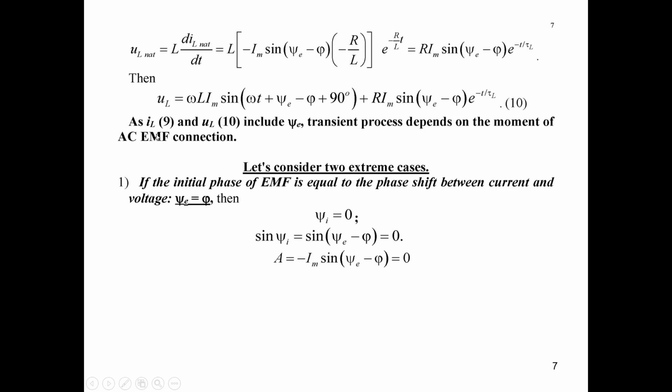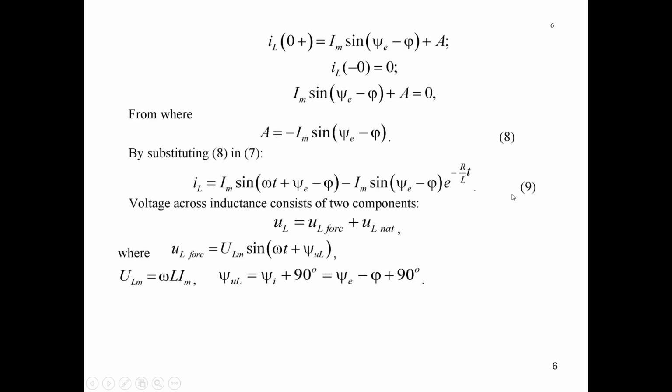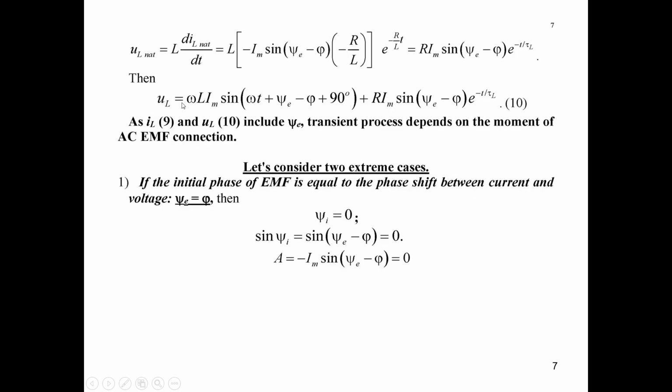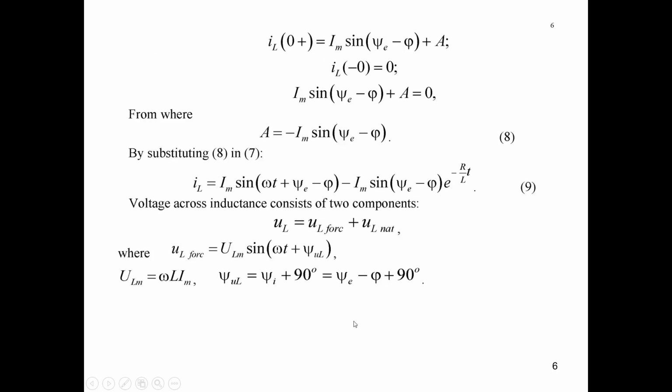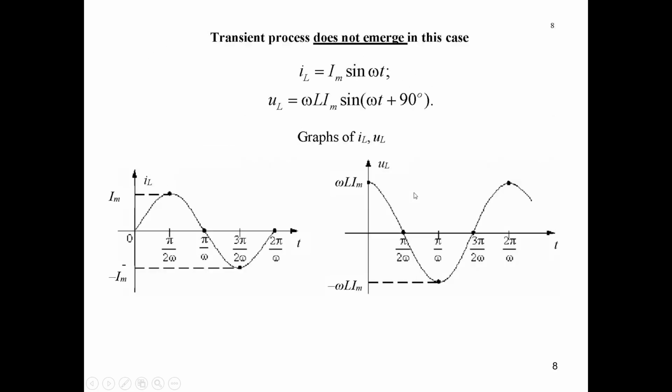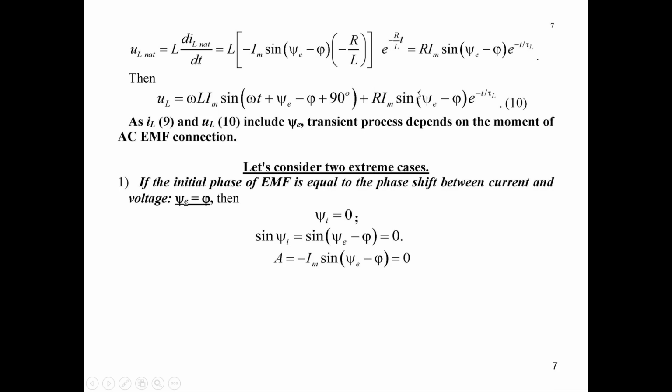As IL here, this expression, and UL, this expression, include psi E. You see, here is psi E, and here is psi E, here is psi E. You see, in transient component. So transient processes and all current and voltage drops through inductance will depend on the moment of connection, on the phase, initial phase of AC source,